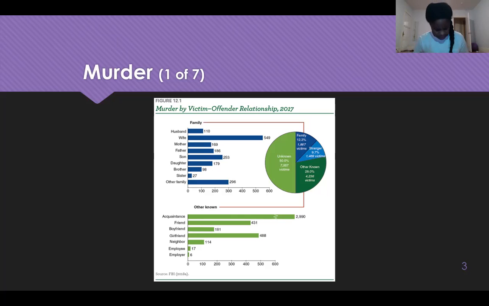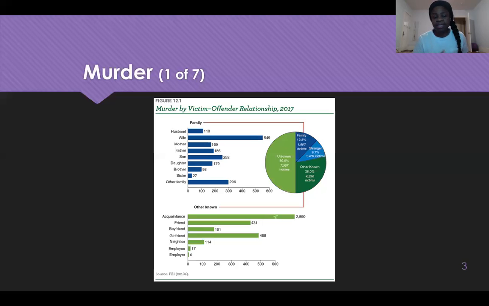So your book is going to say, because I'm looking at the 3rd edition, your book is actually going to say about 14% of the murders in 2014 took place within the family, okay? Also, remember, most of the family relationships are not biological. That is, most victims were spouses, stepchildren, half siblings, etc.